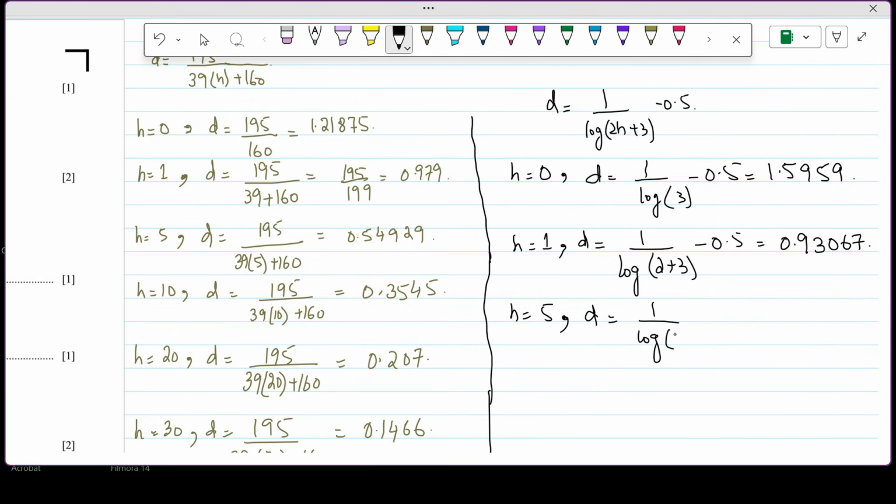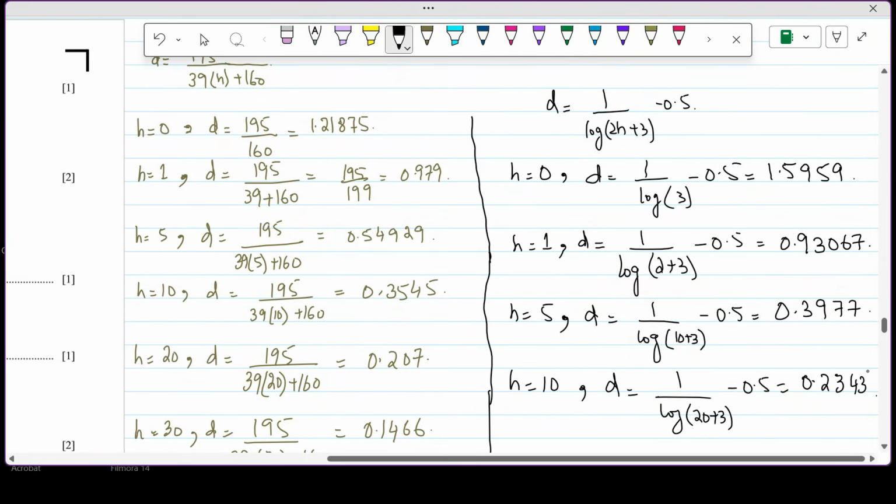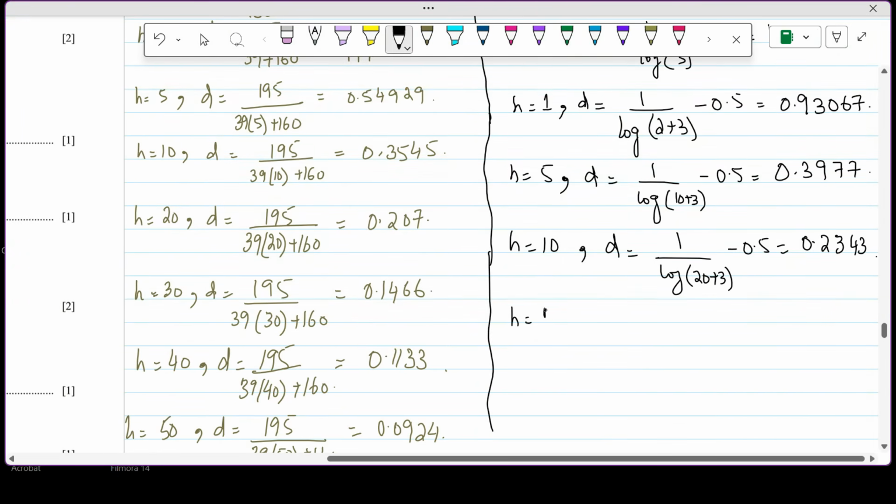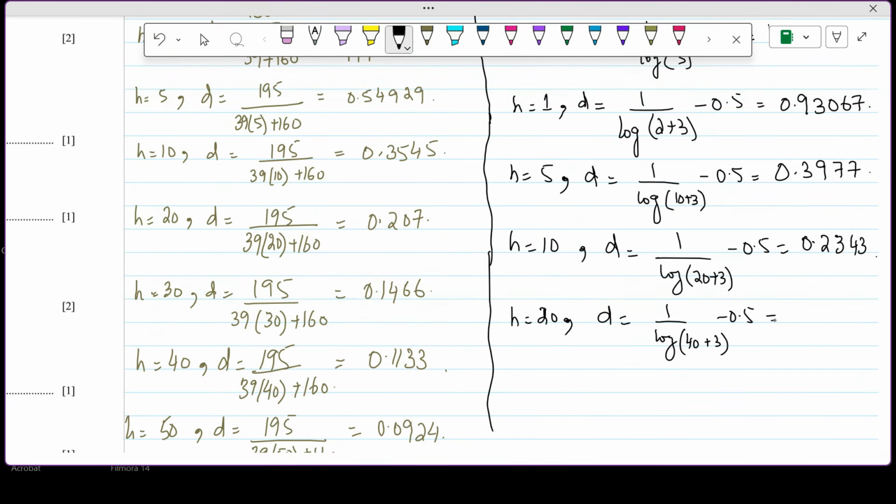When height is equal to 5, we will have D is equal to 1 over log of 2 times 5, which is 10, plus 3, minus 0.5, and this is equal to 0.3977. Similarly, when height is equal to 10, we will have D is equal to 1 over log of 2 times 10, which is 20, plus 3, minus 0.5, and this is equal to 0.2343. Similarly, when height is equal to 20, then D is equal to 1 over log of 2 times 20, which is 40, plus 3, minus 0.5, and this is equal to